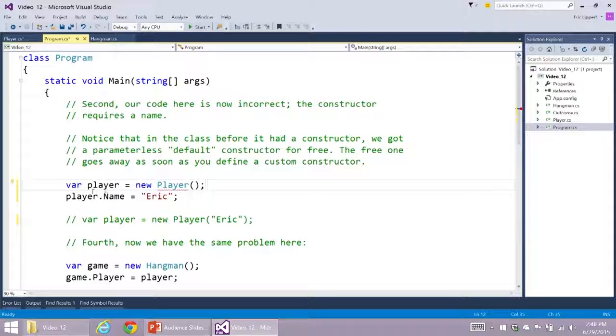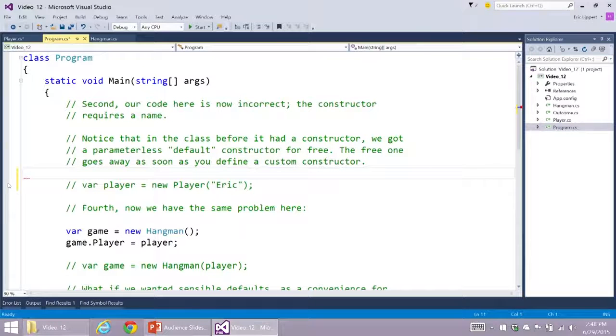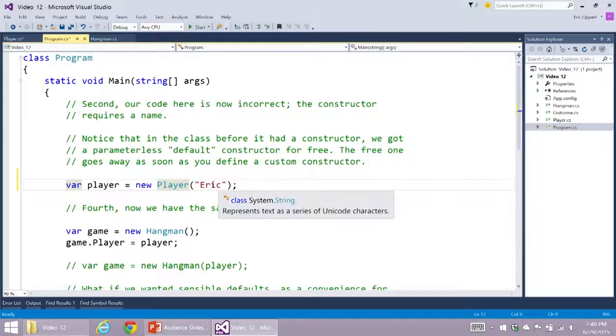All right, so we can get rid of this code here that tries to create a new player using the default constructor, and we can also get rid of this code that initializes the name object. Because now we can simply say, well, I want a player. It's going to be a new player, and his name is going to be Eric. All right, so now if we debug into this code,